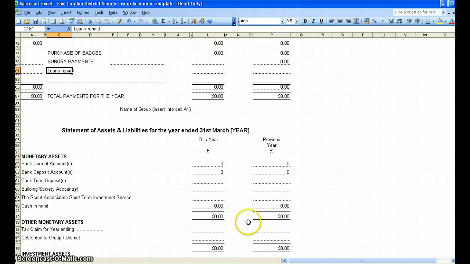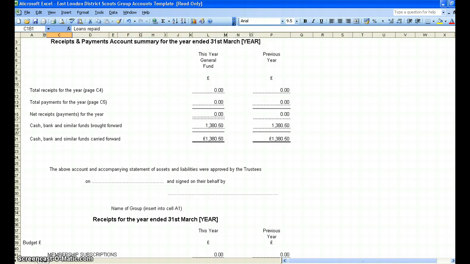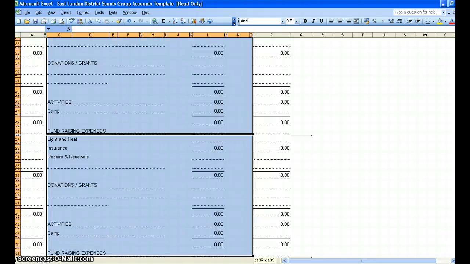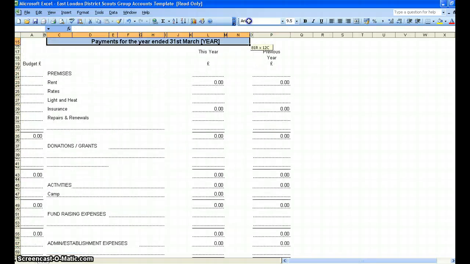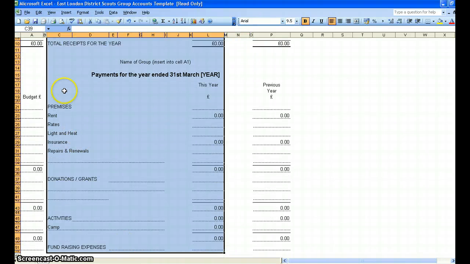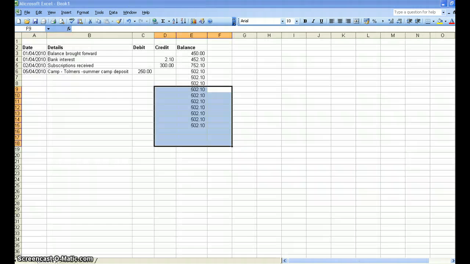Now I'm not going to talk about that at the moment because the main purpose of this video was just to show you that you need to know what the categories are which you will be building up in your analysis spreadsheet. So you can see we've got the receipts here, okay, and we've got the payments here, and these are the main headings that we will be looking at. So premises, rent, rate, light, etc. So if we just flick back to our analysis spreadsheet, our example,